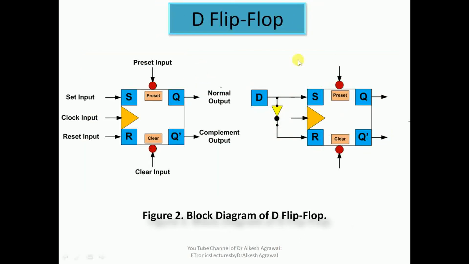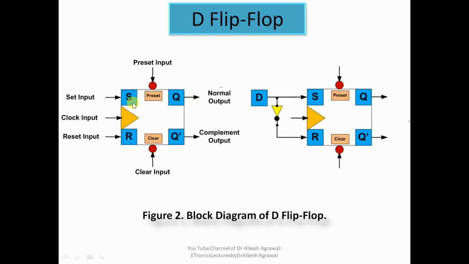So this is the block diagram of a D flip flop. First you have to understand that D flip flop stands for data transfer or delay. Why is it called data transfer? Because whatever input you give at the D input, the same will be reflected at the output. So if D is 1, Q(t) will be 1, and if D is 0, Q(t) will be 0. It is also known as delay flip flop because you get the output after a certain delay.